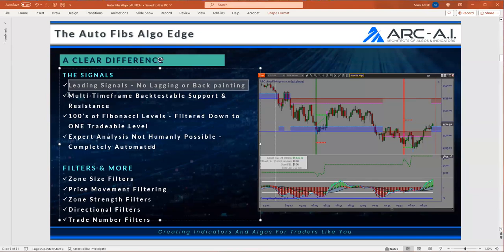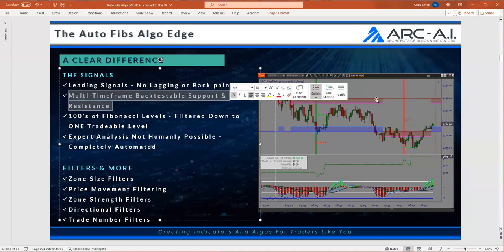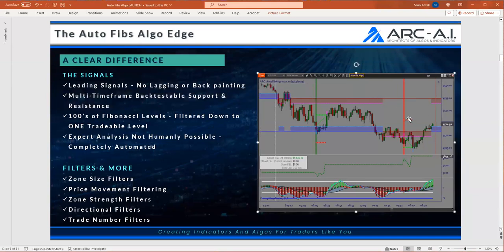So we leverage multi-time frame on purpose, because if you were to apply Fibonacci just on your default time frame, it's not enough. It's not a big enough edge. We want to use higher time frames to feed the smaller time frames so that you have a much higher probability of the trade working without issues. Bigger pictures drive smaller time frame data points.